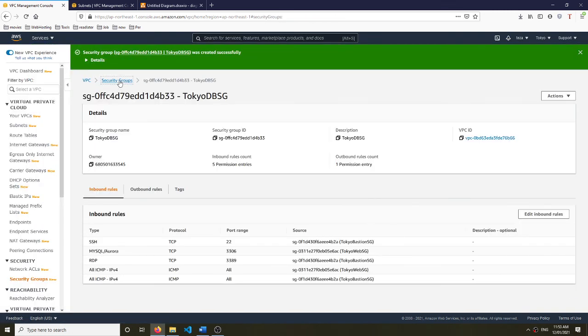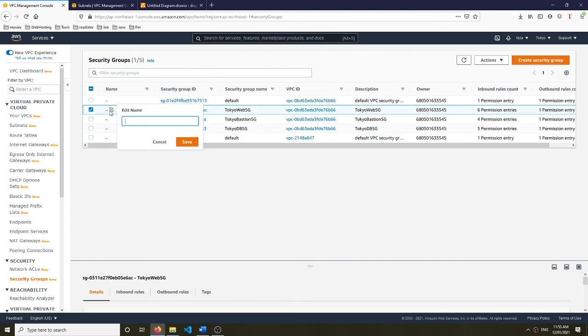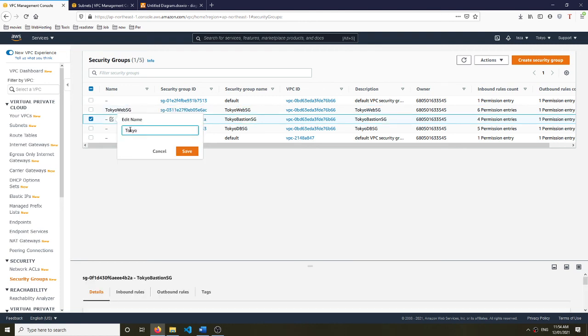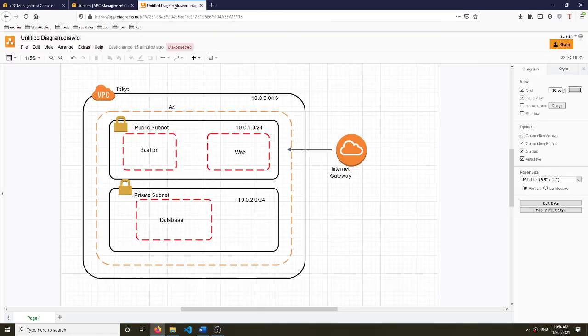Go back to security groups. I will give them names. Same name. Alright. So that's it. I have set up the first step with the VPC